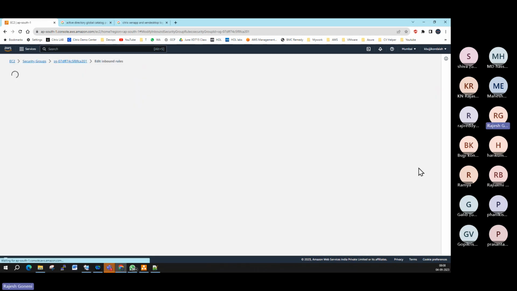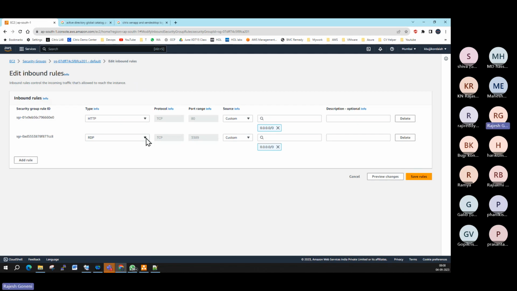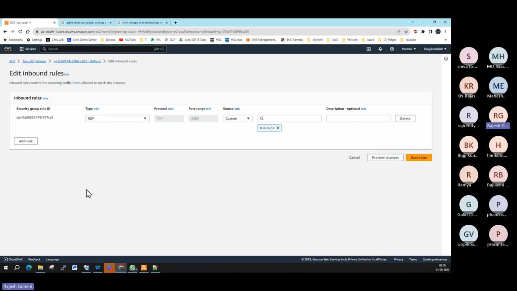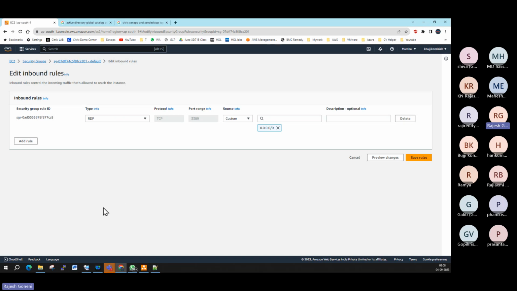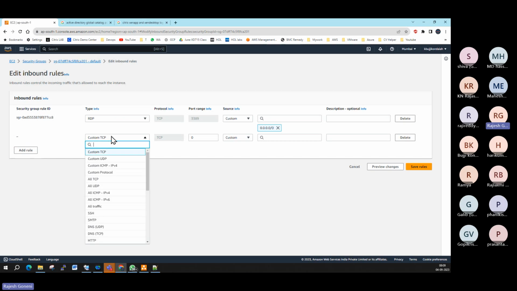Now click edit inbound rules. At present, only the RDP port number is available. With the RDP port, I am able to connect to the server from the remote desktop tools, remote desktop connections. But how will the ping check work? So we can add the rule, all ICMP